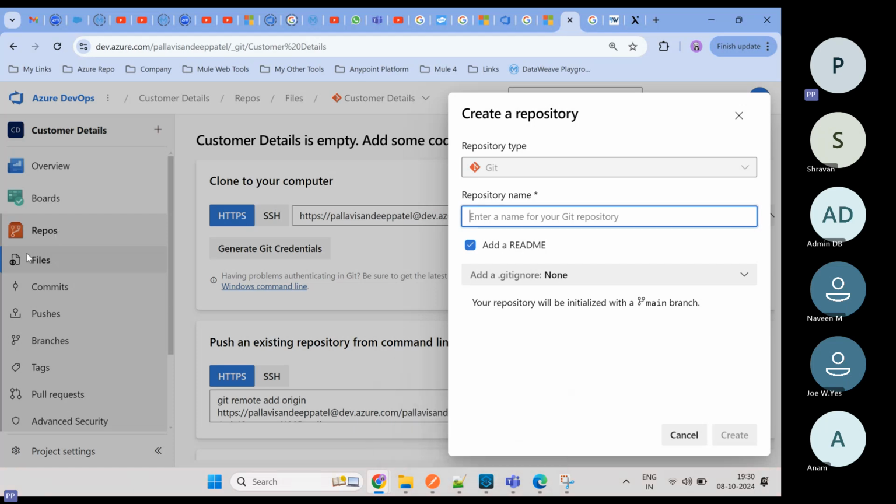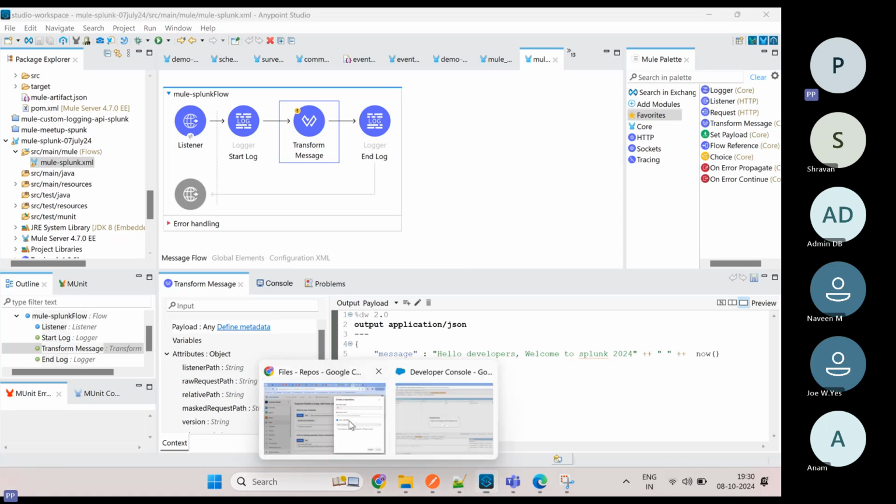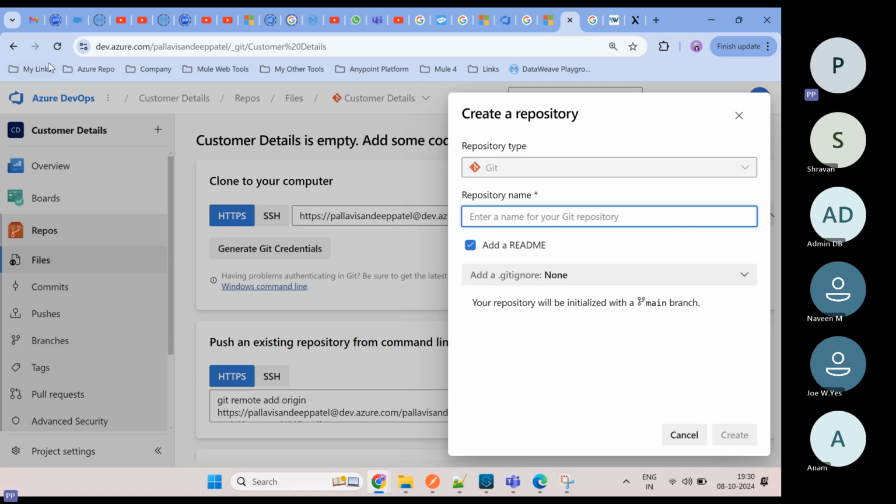I will tell you what repository means. This Azure DevOps is cloud based, all these things are in the cloud. Now this is my studio. For example, I will develop this API. After I complete this development, we need to push our code into the repository. Suppose in our organization we use the Azure DevOps repository to manage our code. So here my repository name will be demo